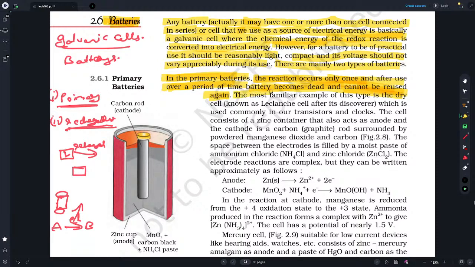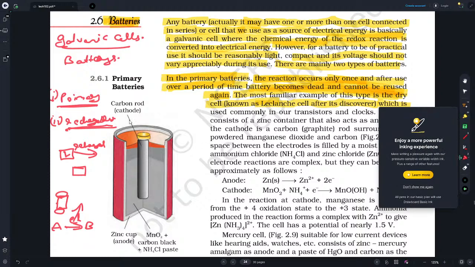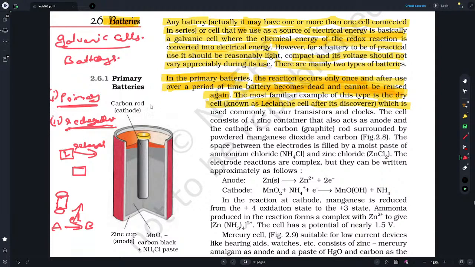The most familiar example of this type of dry cell is known as the Leclanché cell, after its discoverer. Leclanché is the one who discovered this cell, so it is named after him. This kind of dry cell is used commonly in transistors,